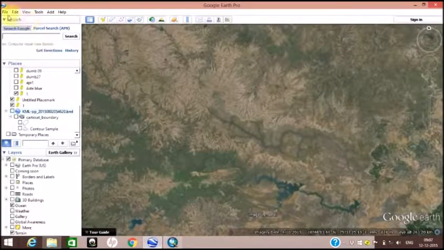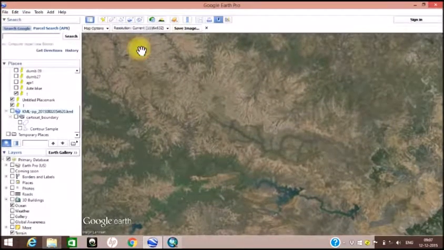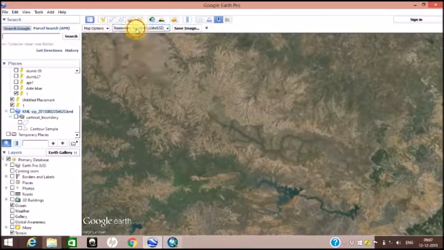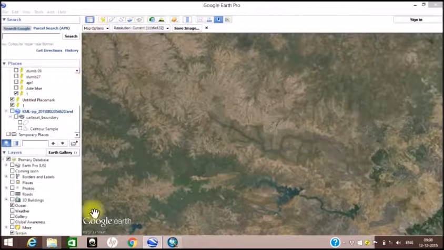Once you select an area, go to File and go to the option Save and Save Image. Here you have these options where you can change the resolution and click on Save Image. You can proceed to the location wherever you want to save it and give a name. I'll give it a name as Google Earth. So I have saved this portion of the image and I will do supervised and unsupervised classification for this image